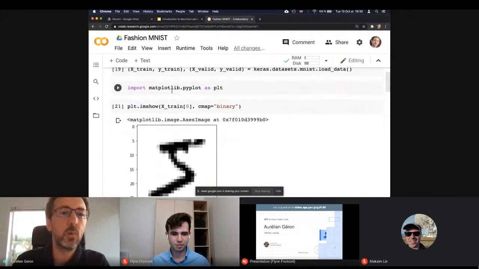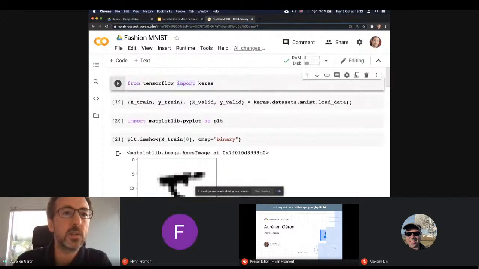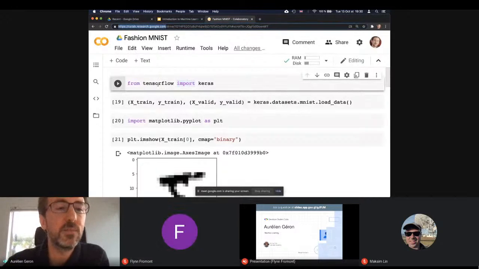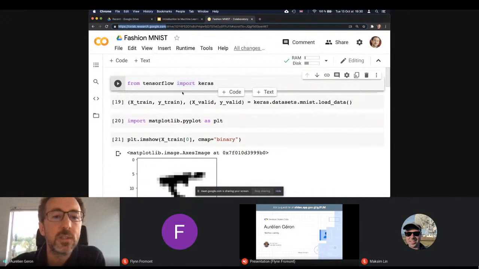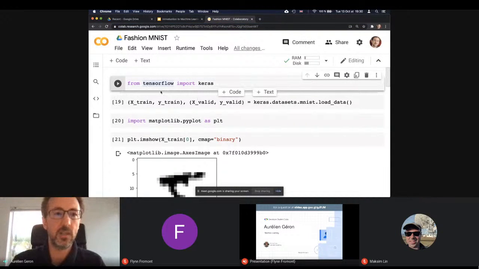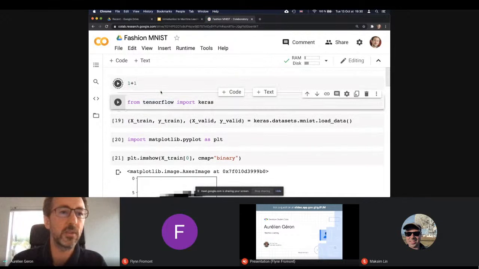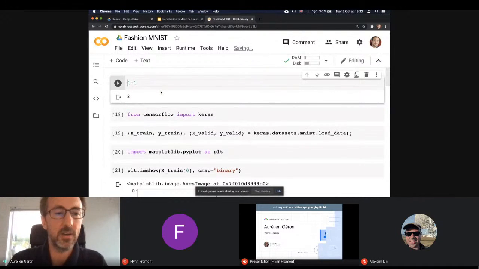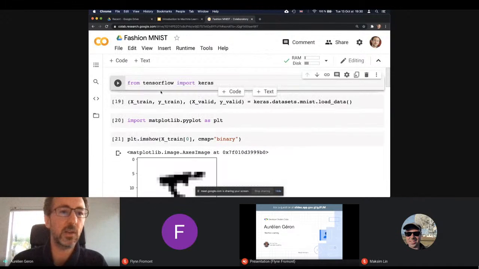So I'm using a tool, I don't know if you know it, but it's really excellent, called Colab. You go to colab.research.google.com, and it gives you, basically it's hosted Jupyter notebooks. And Jupyter notebooks are these environments where you can actually execute code. I'm pretty sure you all know what this is, but just in case some of you don't, you write code, and you just execute it directly online without having to install anything. So here I've just created a very quick notebook for you.